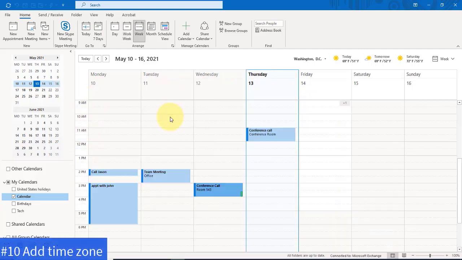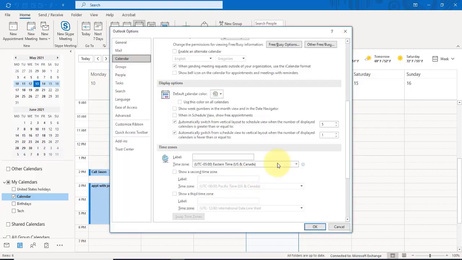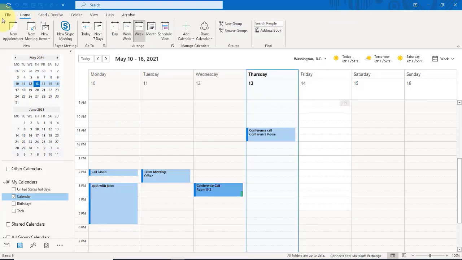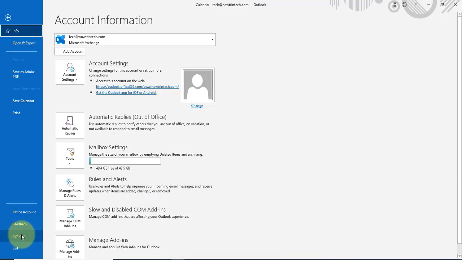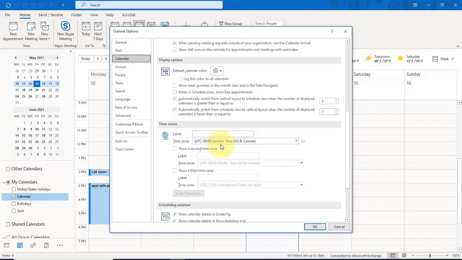So to add another time zone in Outlook calendar, so I'm in the Eastern Standard Time Zone. To add another time zone, for example Pacific Time Zone, all I have to do is right click here on this space and scroll down, select change time zone. I can also go to File and I can go to Options and click on Calendar, scroll down, and this